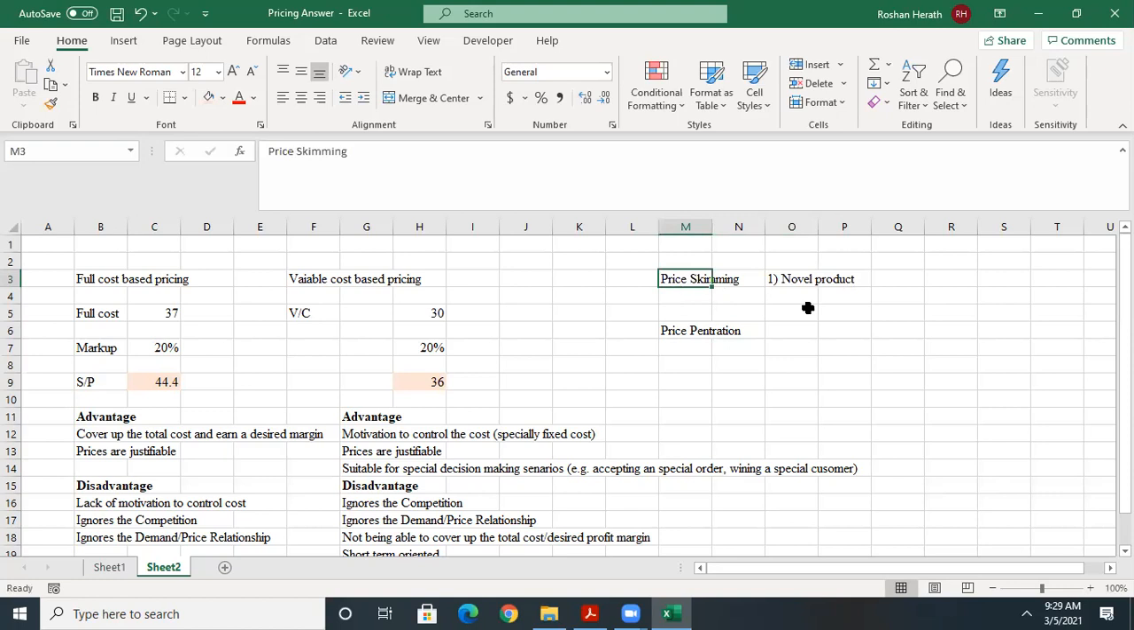So in the price skimming, basically how it works: you may be setting a very high price initially, right? And this is suitable for the markets where the customers are not sensitive to the price. So this is attractive for the customer segments, customers who are not sensitive